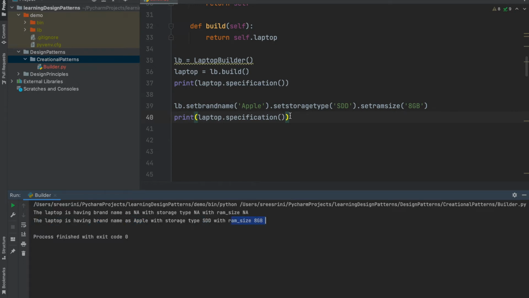So now since the creation of the laptop object is handled by our laptop builder class, you don't really have to worry about the order of the argument that you are passing or the number of arguments that you are passing. Now say for example, if I remove set storage type from this and then if we execute this code, then as you can see here that the storage type becomes not applicable,